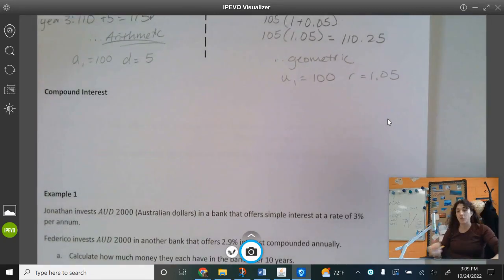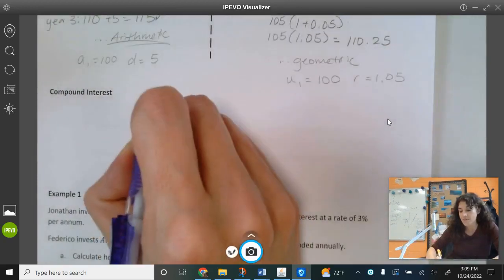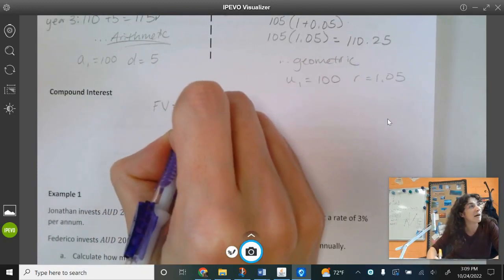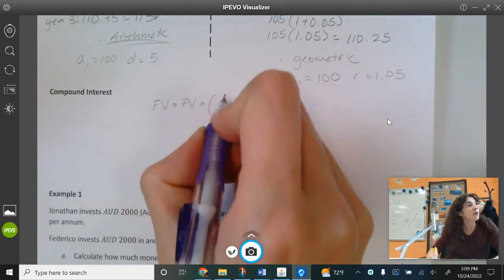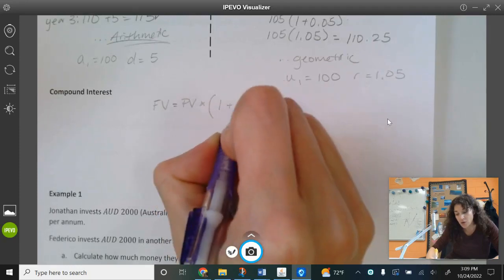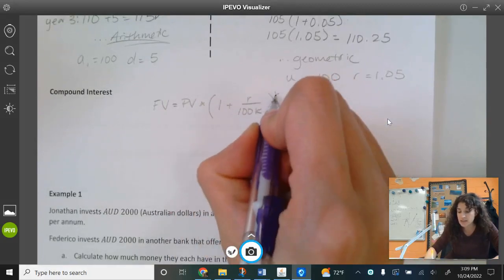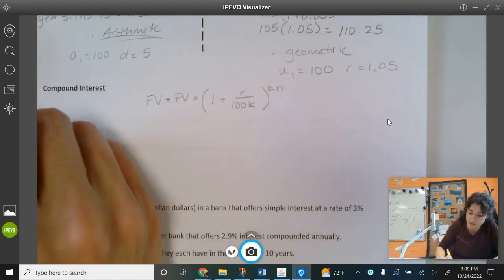We have a formula for compounding interest. It's in your formula packet. It is the final value is equal to the present value times (1 plus r over 100 times k) to the kn, where fv is your final value, pv is your present value,